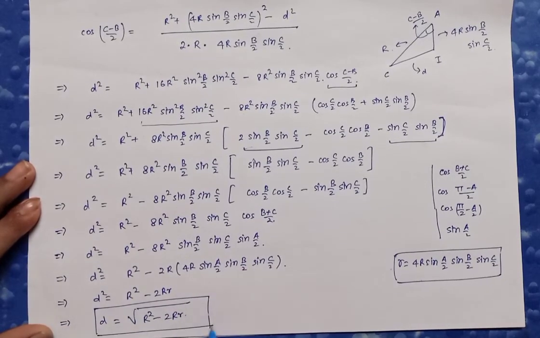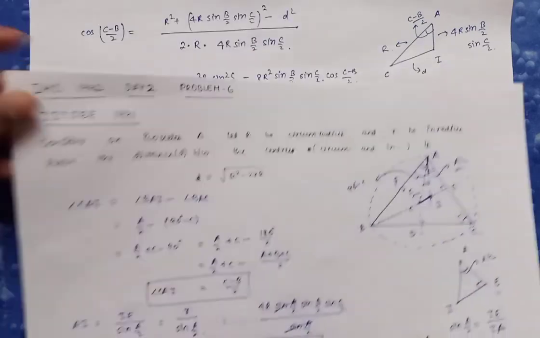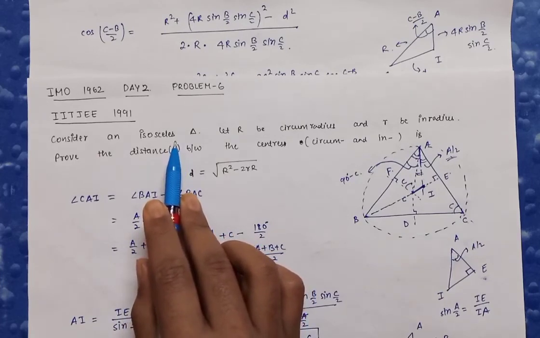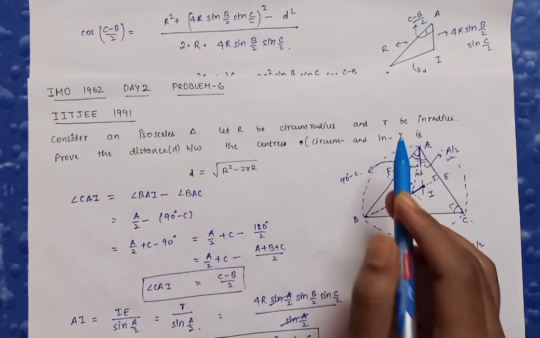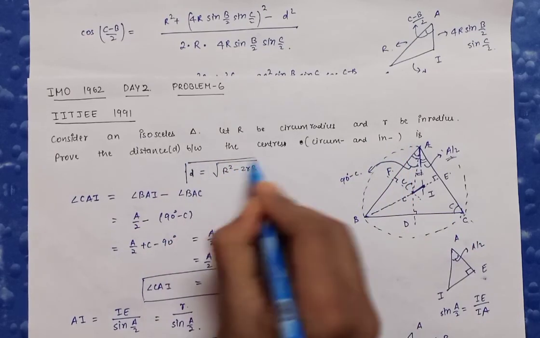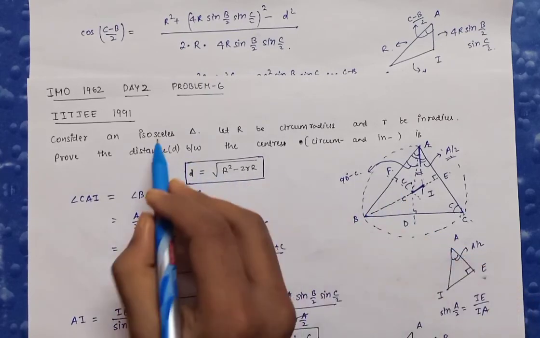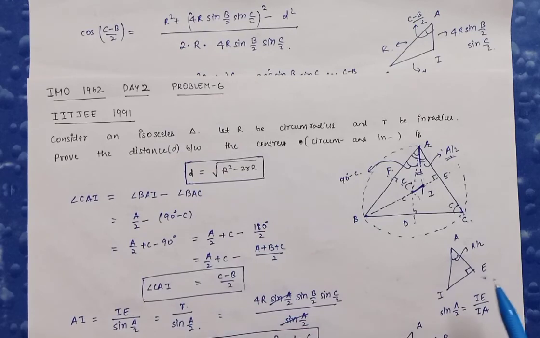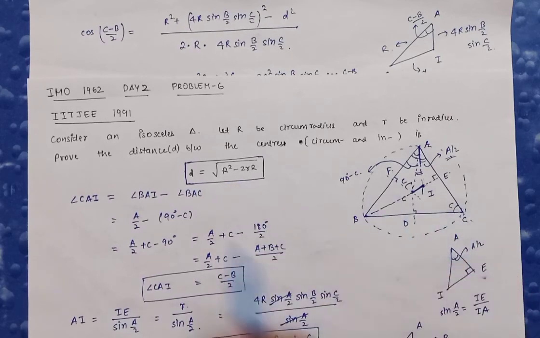So this is the small d, that means distance, and you can see the question stated that the triangle is isosceles. But I proved it generally: let all three angles be different, then also this quantity turns out to be true. That's why I proved it for a general triangle instead of going for a simple one that is isosceles. I generally proved it for any scalene triangle having all three angles different.